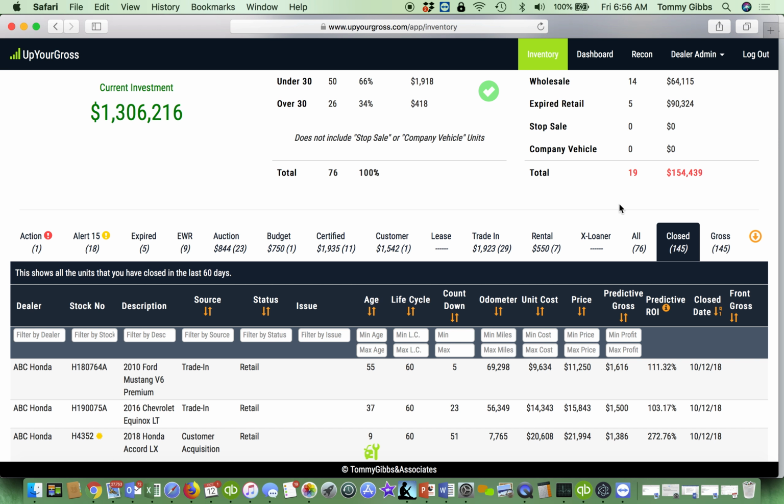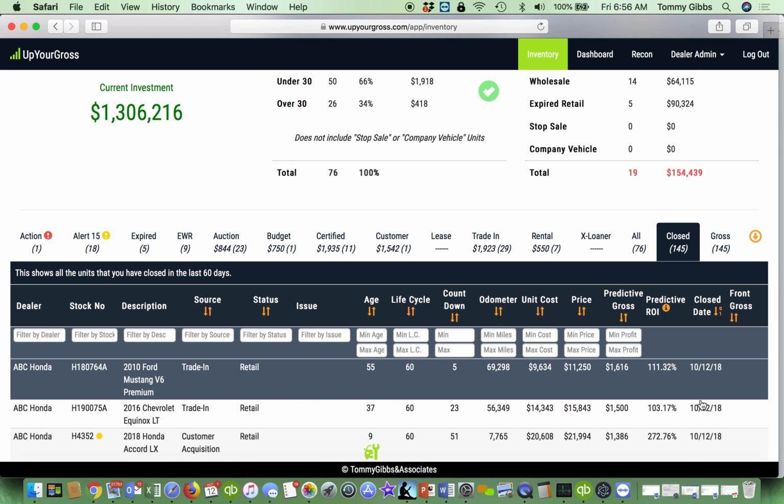But the next thing I ought to do is go click on the Close tab and take a look at any units that have left the system over the last 60 days. Normally you're just going to have one or two or three or 10, whatever kind of day you had yesterday, sitting there. And this Mustang left this dealer's inventory on October the 12th. And at the time that it left, we were showing it as a 1616 gross profit and